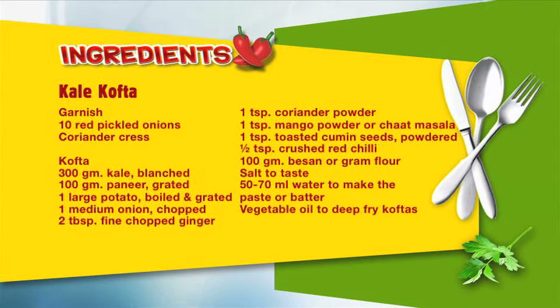For Kale Kofta or Kale Dumplings in curry sauce, these are the following ingredients you're going to need. For garnish, 10 red pickled onions, coriander cress. For making kofta, 300 grams kale blanched, 100 grams paneer grated, 1 large potato boiled and grated, 1 medium onion